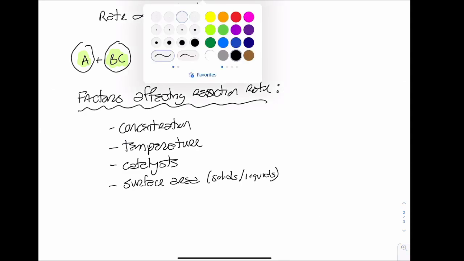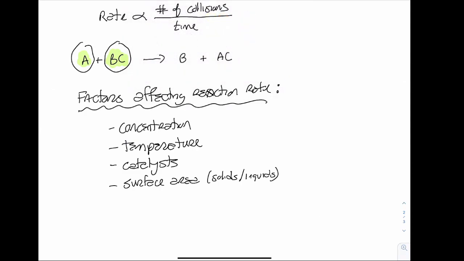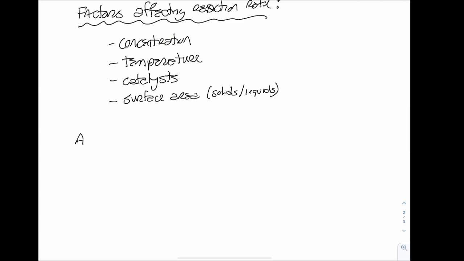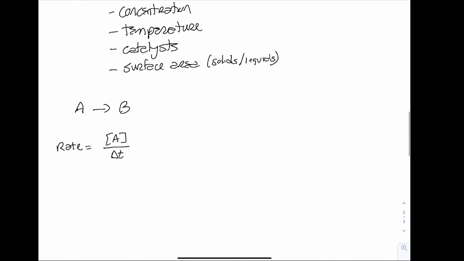So going back to our A B example. A is forming B. We said that our rate is our change in concentration over change in time. So using those brackets, change in A over my change in time. So my rate is going to be equal to that. Since my concentration of A is getting smaller and smaller and smaller, if we were to look at this,